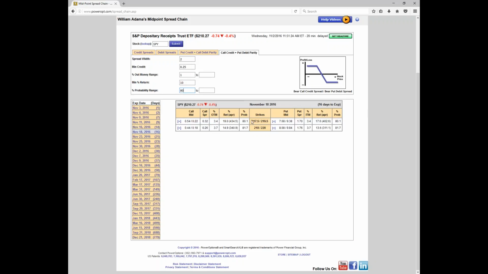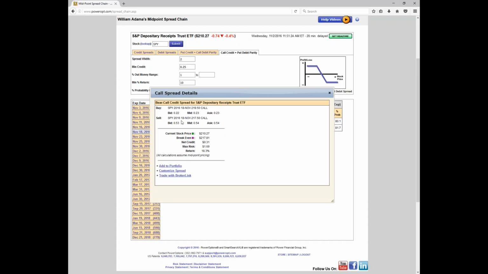Now the two spreads that are shown, we see a bear call credit spread here on the left with a net credit of 32 cents by selling the 217.5 strike call with SPY at 210 and buying the 219.5. Although we're using 50-cent strike differences, we have a standard 2-point spread. I click the plus sign over here, we get just a basic view of the profit and loss chart where we stand right now. And of course what we're using with the midpoint pricing to get the net credit of